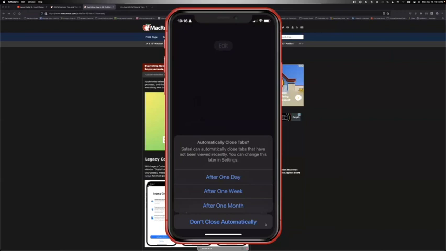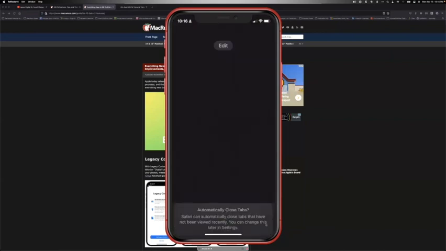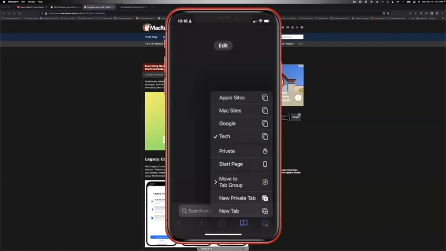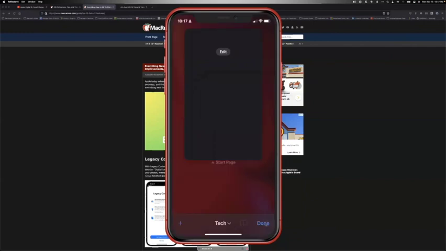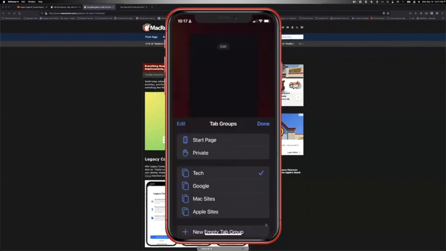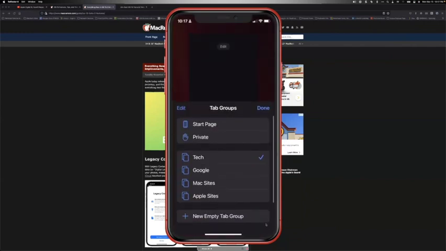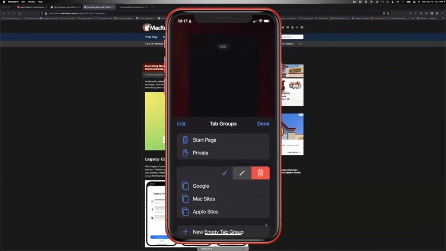Okay. And when you close them all up, that gets rid of the group itself? No, it just closes the tabs. The group stays. So what if you want to get rid of the group? You can actually go in and delete the group completely. Let me remember how to do that. Just swipe it, or